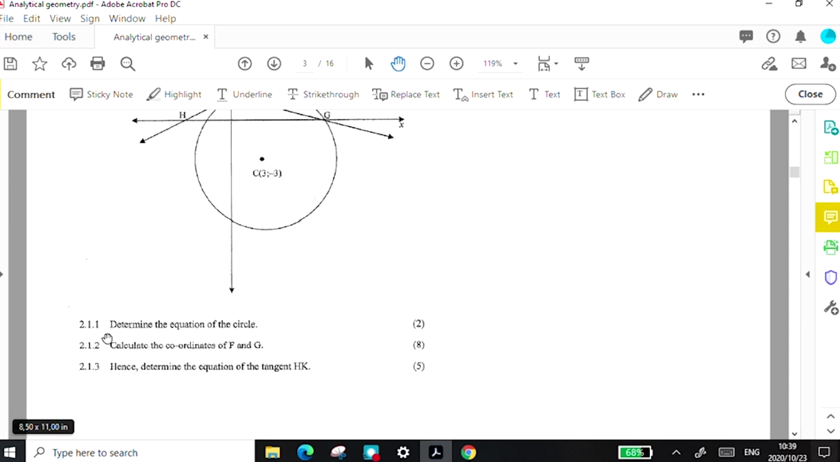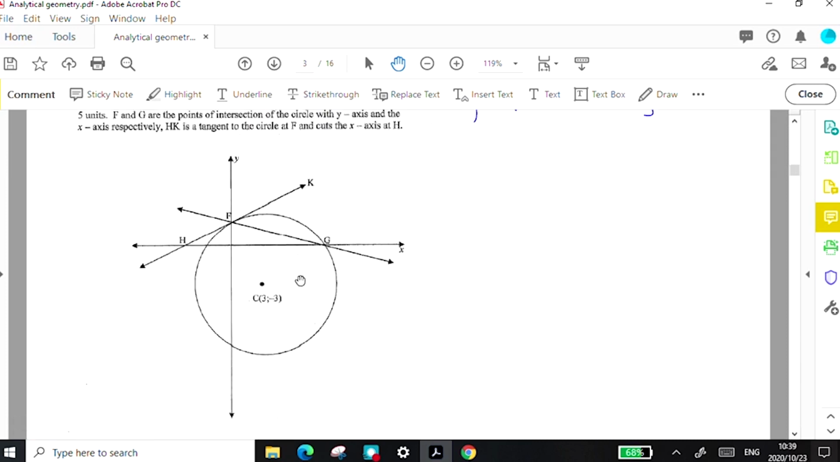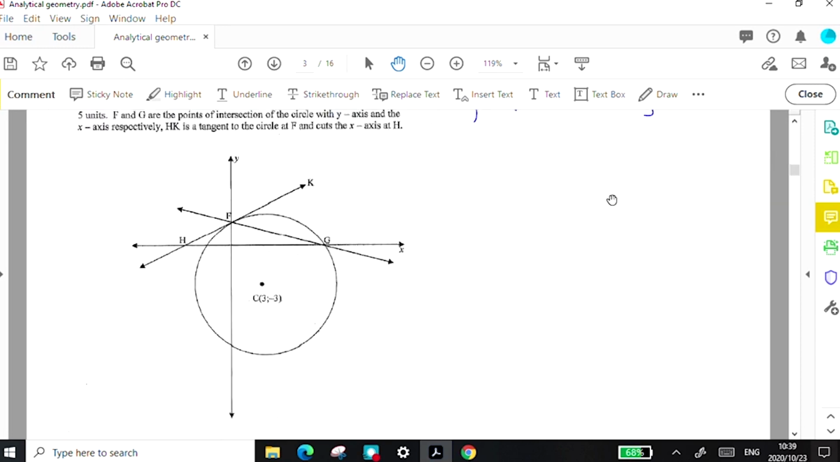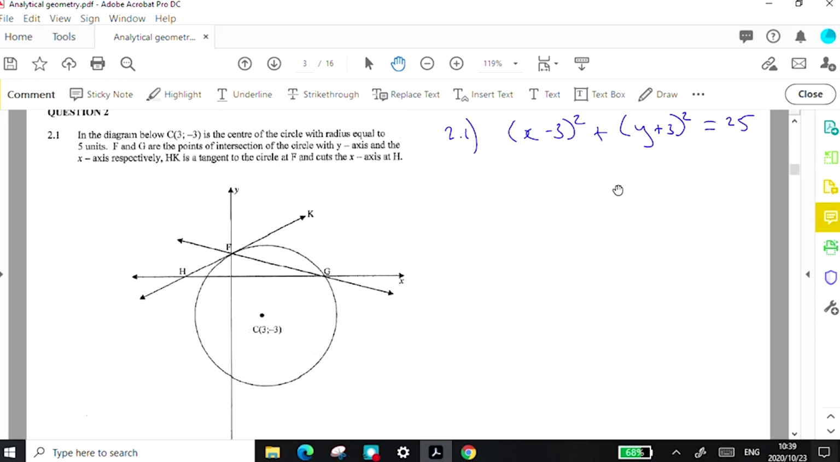For number 2.1.2, we want to find the coordinates of F and G. Since F and G lie on the circumference of the circle, we can easily find their values using this equation. So for 2.1.2,